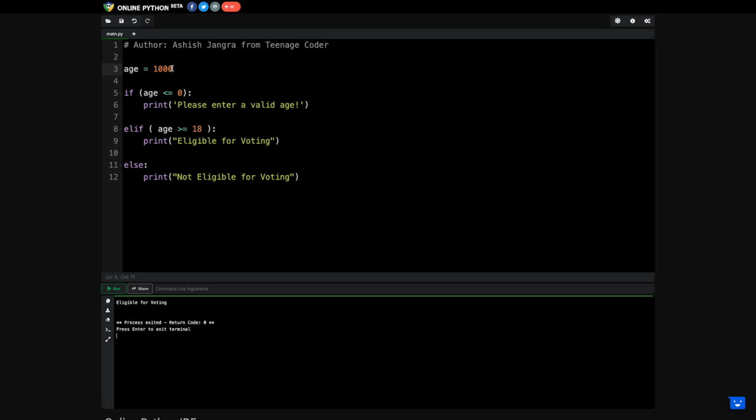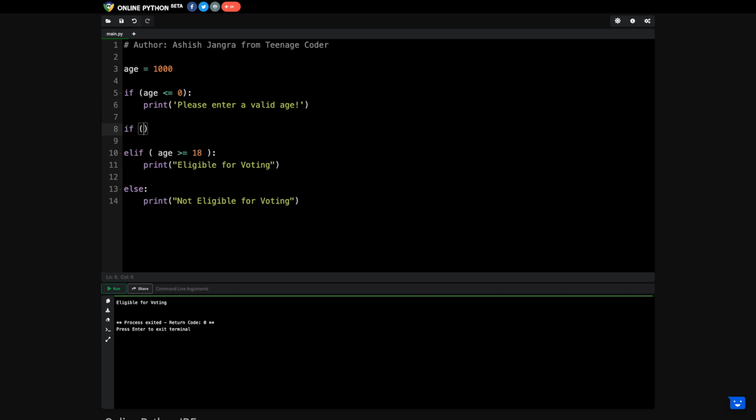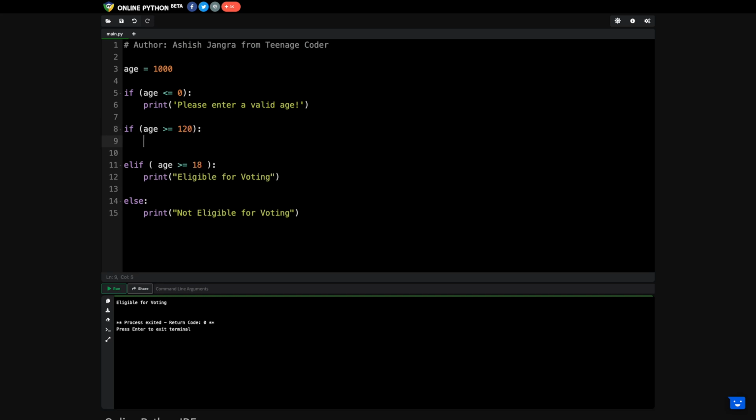So what we can do, we can go for one more condition, that if the age is more than 120 years, I'll write that please enter valid age again, right? So what I will do, I'll write here that if the age is greater than or equal to 120 years, I will print the same thing, that please enter a valid age.